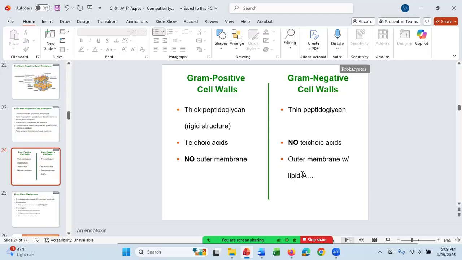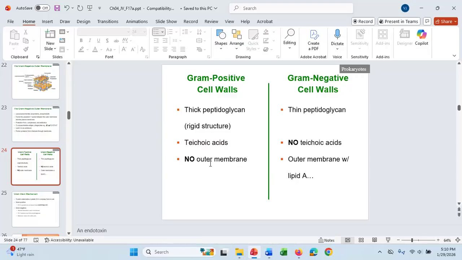So right off the bat, you should know that whenever you get infected with a gram-negative cell, you're exposed to an endotoxin, lipid A. That is not the case with gram-positive cell walls. To be exposed to a toxin, the bacteria cell will have to make it. A gram-negative cell wall that has a cell wall, that's a little bit of an oxymoron, will always have lipid A in it. So you'll always be exposed to an endotoxin if the gram-negative cell has a cell wall. Any question about any of that?